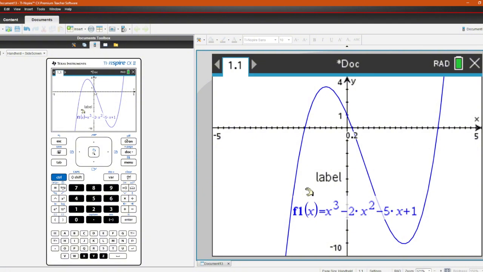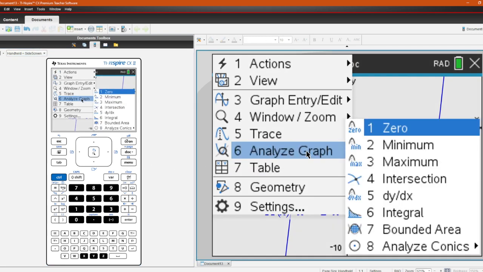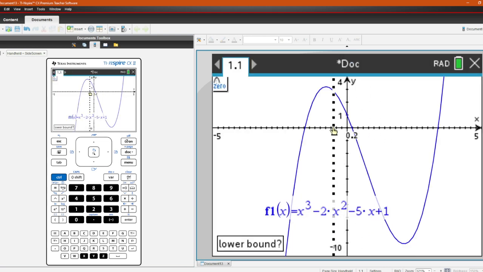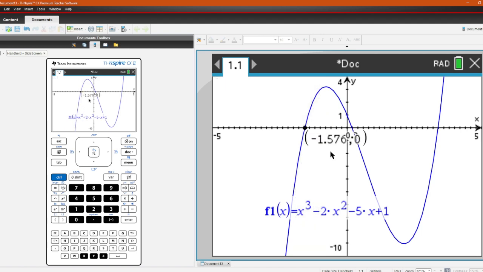The next is to find the zeros. To find zeros, press menu and then 6, which is analyze graph, and then choose 1, which is zero, to find zero or root of the function, and then select the interval where the zero is in it. So I'm looking at the leftmost zero. Selecting the lower bound and then upper bound. Now zero is within this and I have the answer. You can move it around to see it, and that's